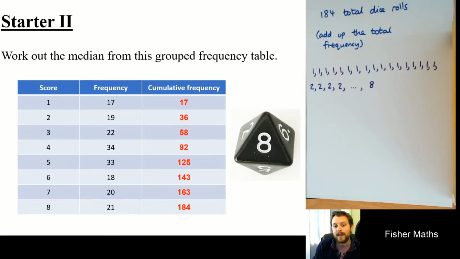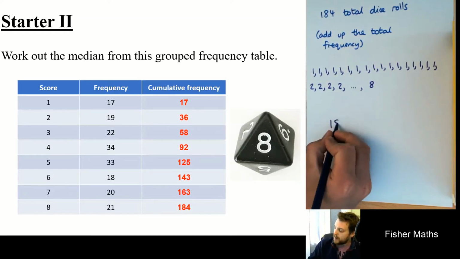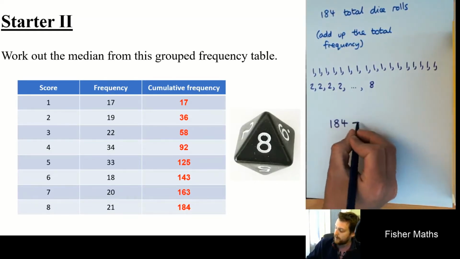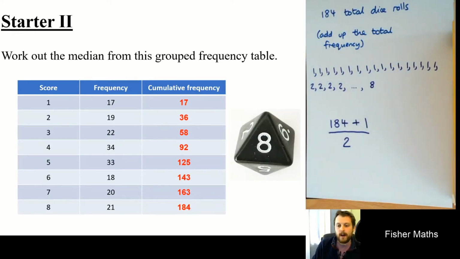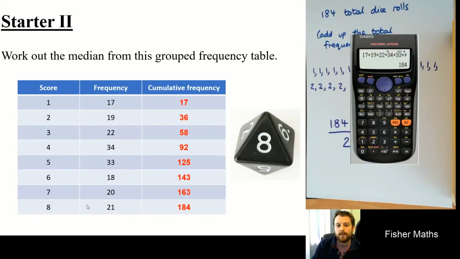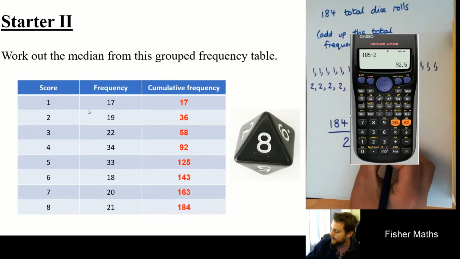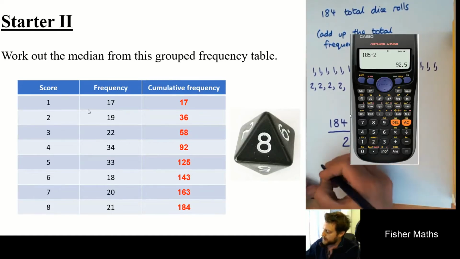So now we think about what we learned about just before. Whereabouts will the median be in an ordered list of 184 numbers? So the little formula that I use is I do 184, add 1, and then divide that by 2. So I need to figure out what is 185 divided by 2. It's 92.5. Which means the median